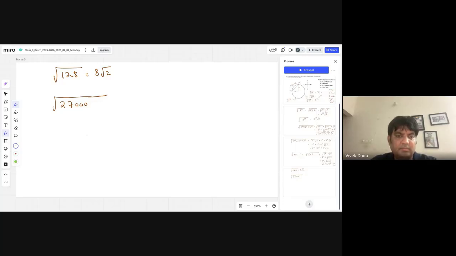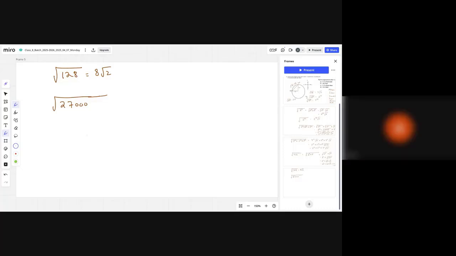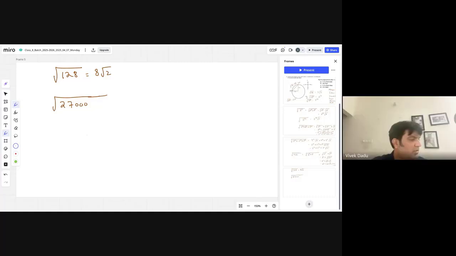Sara, correct? Manish, correct? Okay, sir. How did you get 2 square? Your prime factorization is wrong. What you get 2 square? Here 2 is pending, right? So